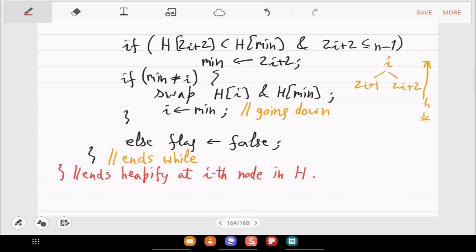Okay, and there is a main program which will call this function heapify on I, starting from the bottommost internal node, and then keep calling it again and again till your H becomes a full heap. So one step in our dry run of the example, this is what is happening. Is this clear? And then this is called again and again.